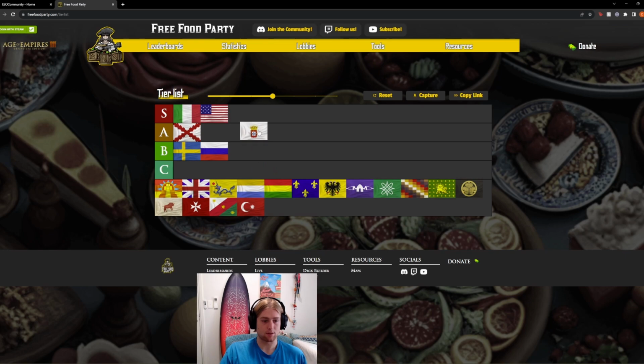Okay, ports. I feel like ports is performing really well this patch. They're not S tier. They're definitely an A tier. I think they're above Spain, because Spain struggles to push into a port turtle. Yeah, but I feel like port can just be so aggressive, and they can actually just take so much map